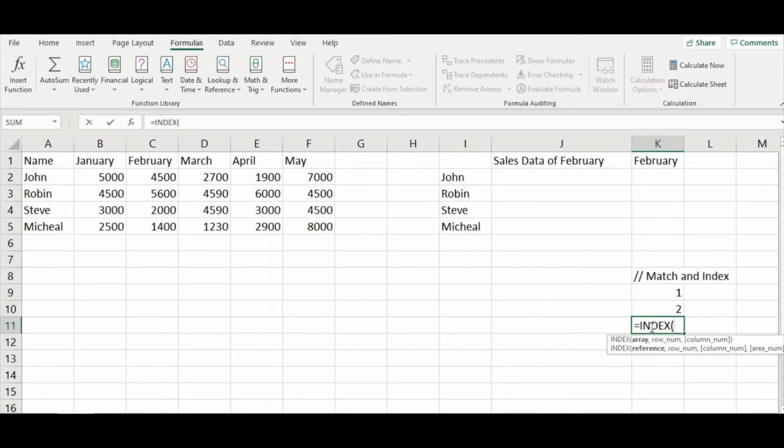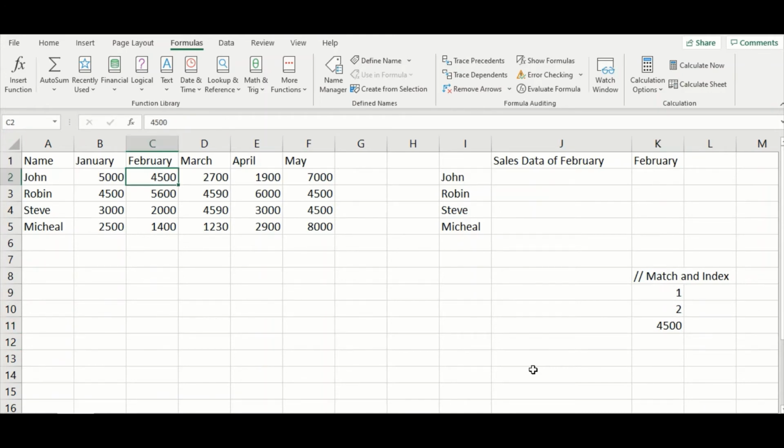The index method is used to find a particular sales value on the basis of row number and column number. Let's say here our array is this, the row number that we want to find is this one, and the column number is 2. So this will give me the Feb sales of John.